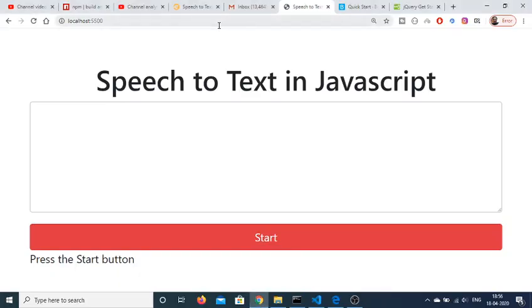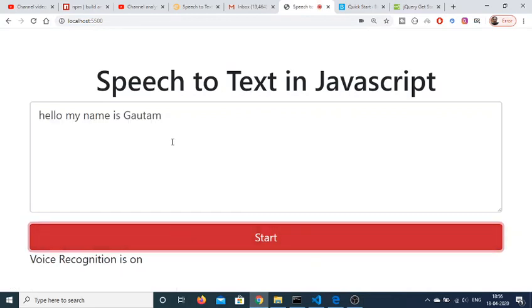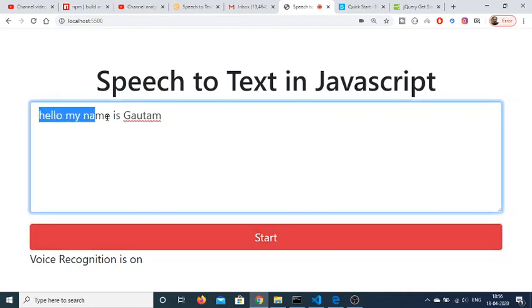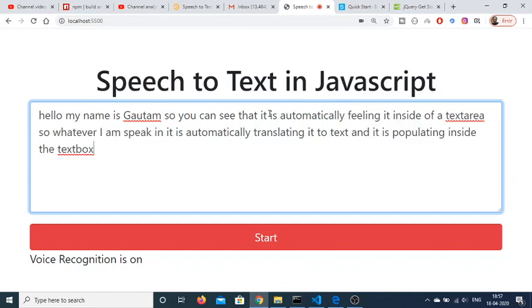And now the application is complete. If I click start here, hello, my name is Gautam. So you can see that it is automatically filling it inside our text area. Whatever I am speaking, it is automatically translating it to text, and it is populating inside the text box. So you can see that.